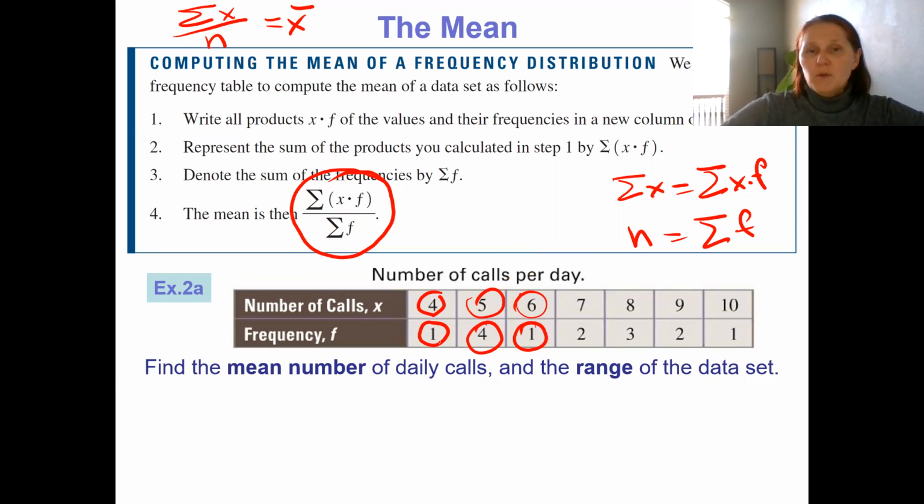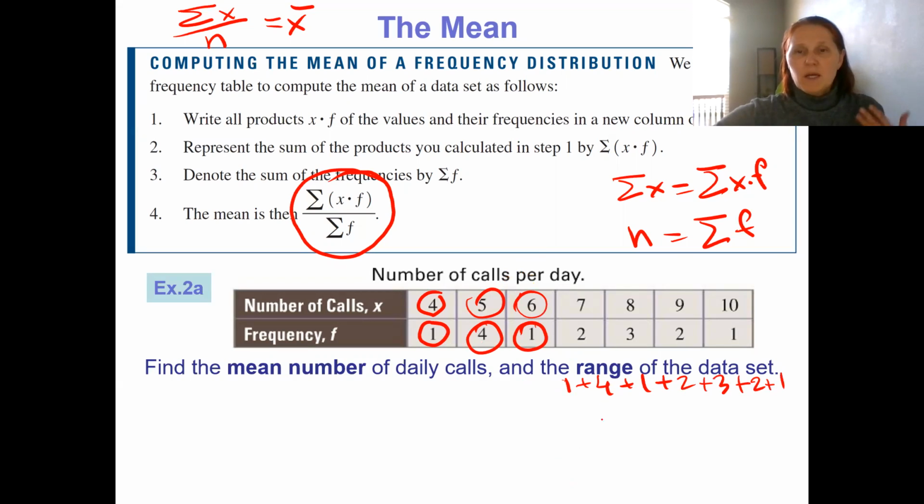If we add the numbers of the frequencies, 1 plus 4 plus 1 plus 2 plus 3 plus 2 plus 1, we will get the number of the days when they recorded the calls, so 14,